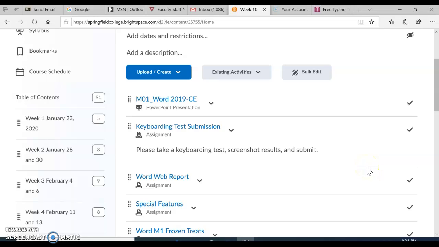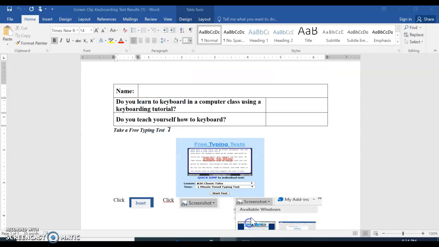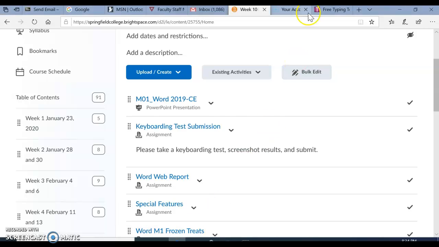Everyone, we're going to start with Word 2019 Module 1, and the first assignment is called Keyboarding Test Submission. Go ahead and open that Word document. You can type your name in the box available and then answer 2 questions. And then what you'll do is hover over this free typing test, hold Control and click, and it'll actually take